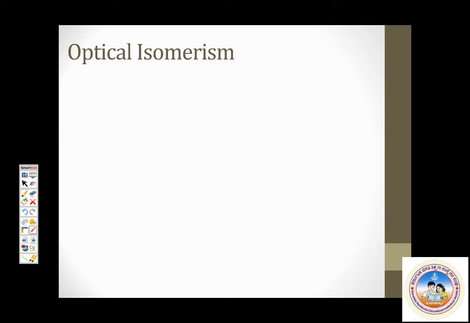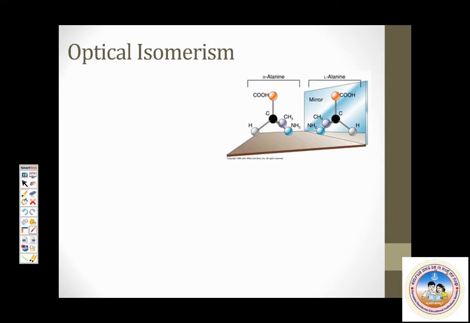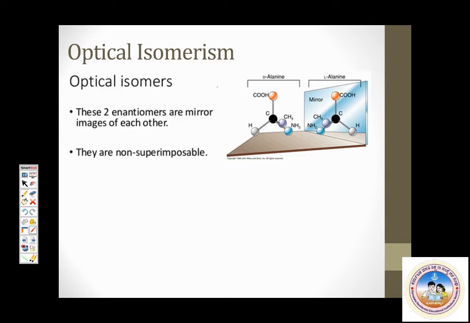Okay, yes, please have a look at these 2 compounds given here. It's an amino acid called alanine. Okay, now the mirror image of the alanine molecule is non-superimposable over the molecule. Okay, so such a pair of non-superimposable mirror images, there is no point-to-point match, are called enantiomers. Enantiomers we call them. So the two structures given of alanine are enantiomers. They are not the same. They are two different compounds.